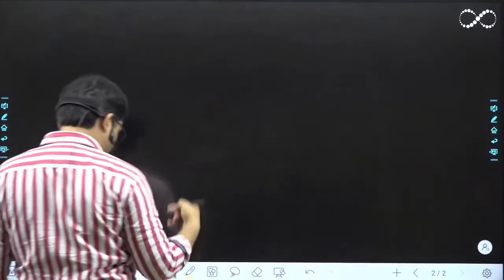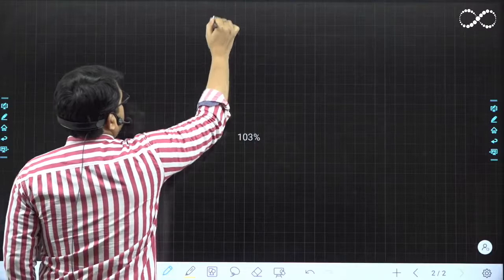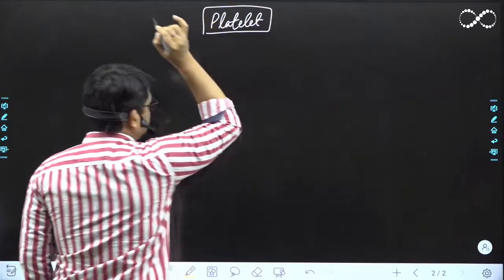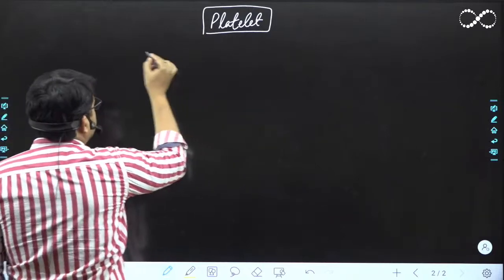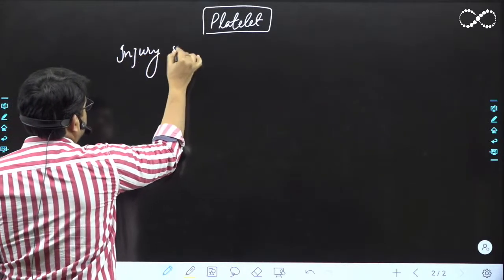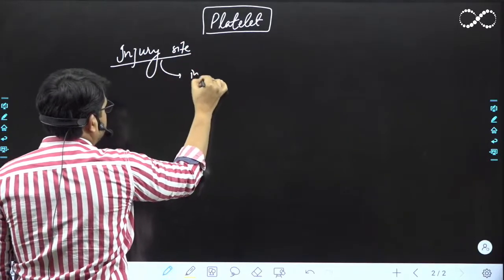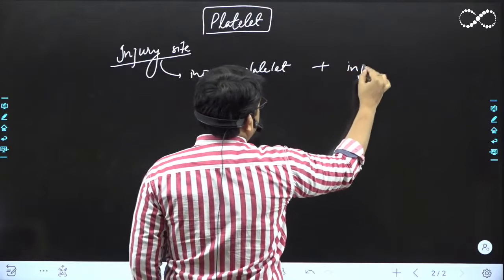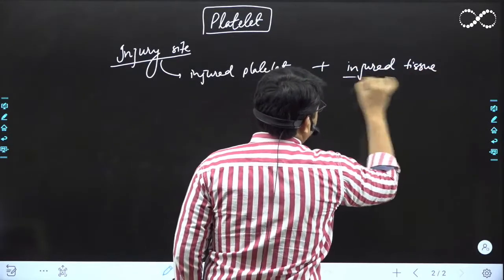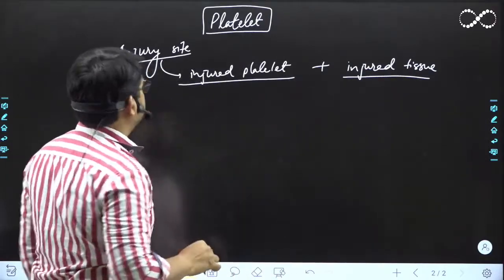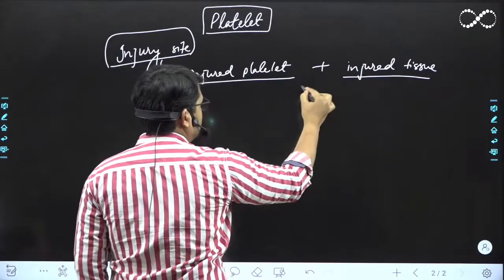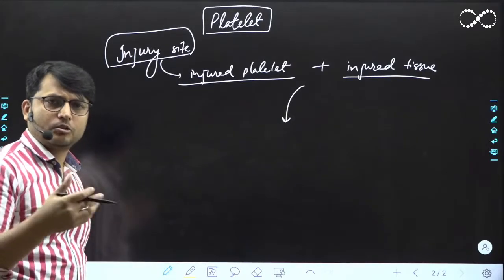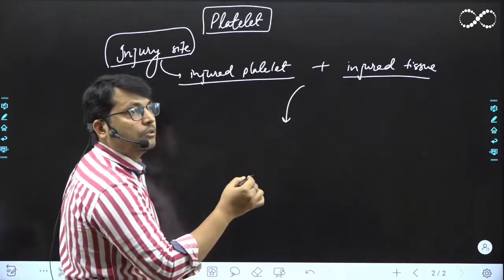Okay, so this is platelet. Let's look at the function. जब हम लोग प्लेटलेट की बात कर रहे हैं ना, तो यहाँ पे थोड़ा सा हम लोग ब्लड क्लॉटिंग के बारे में भी बात कर ही लेते हैं, ठीक है। देखो प्लेटलेट क्या होता है ना, whenever there is an injury site, तो injury site पे क्या होता है, the injured platelet plus injured tissue. दोनों चीजें होंगी वहां पे, injured platelets भी होंगे और injured tissues भी होंगे। Now they differently secrete thromboplastin, tissue thromboplastin and the platelet thromboplastin, बट उतना आपको नहीं जानना है, they are going to secrete thromboplastin, okay.